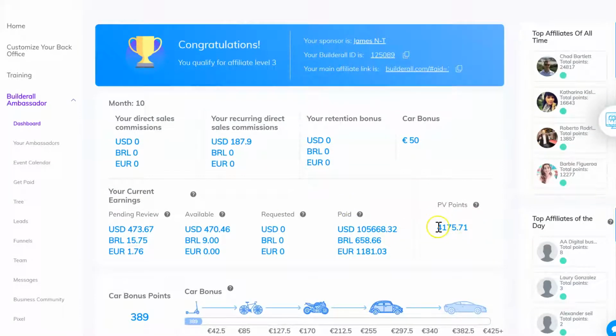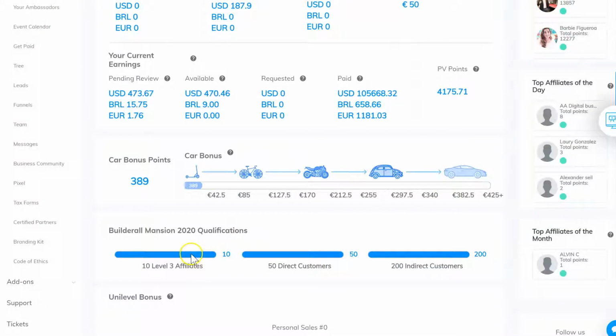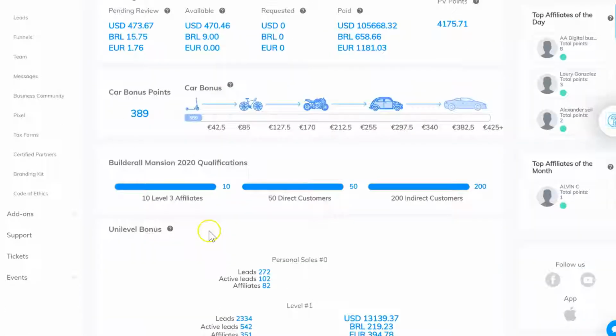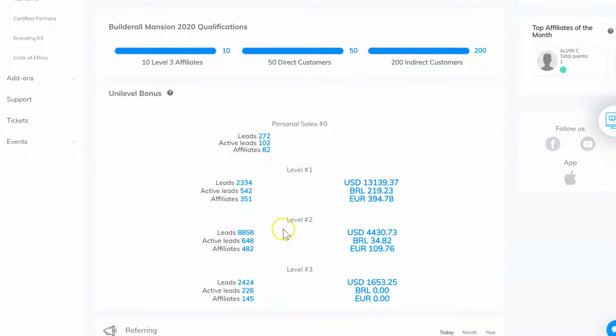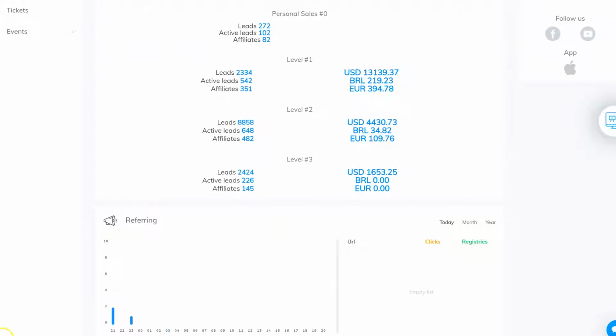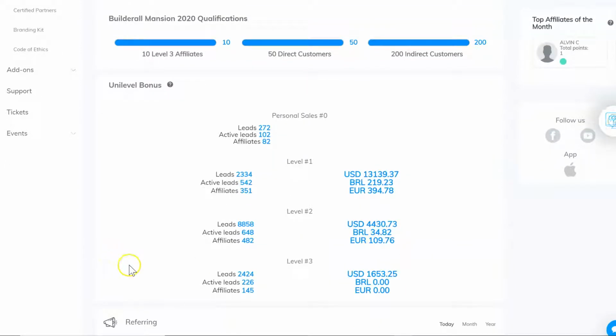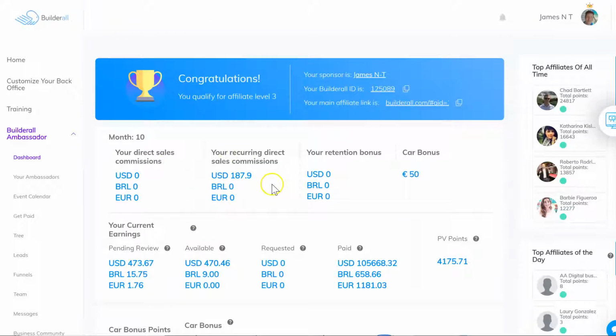You've got your personal points. You've got your car bonus points. You've got your mansion qualifications, and then you've got your uni-level bonuses as well. So that basically means how much you've earned on different levels. So this is pretty straightforward. You can see all of your stats here, and then on the next level down you're going to have the